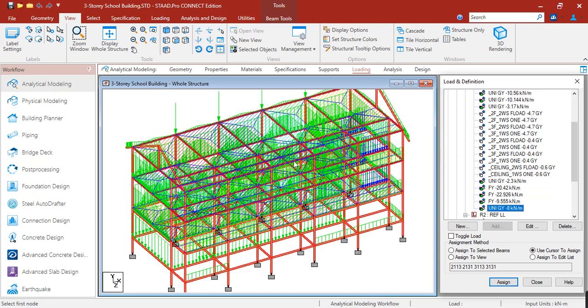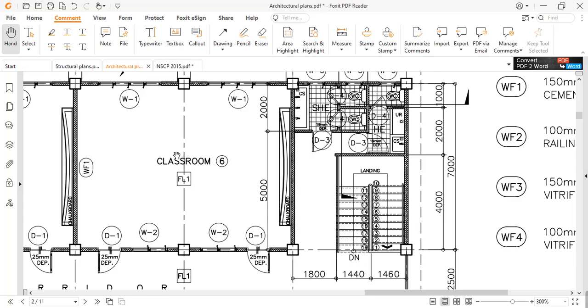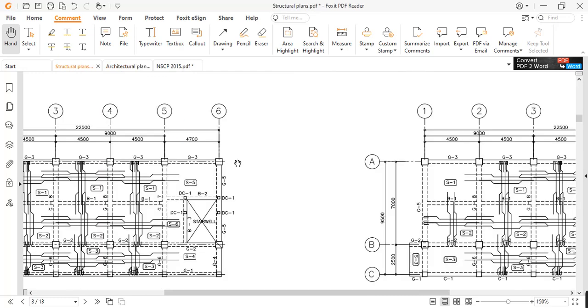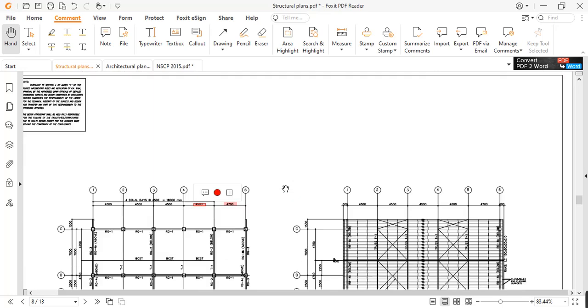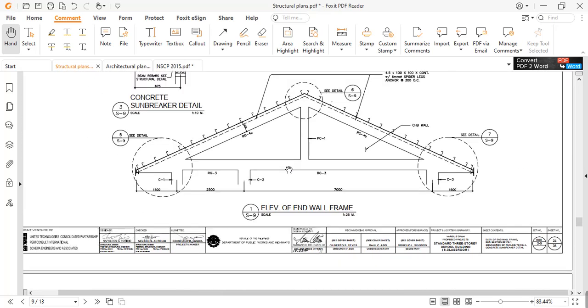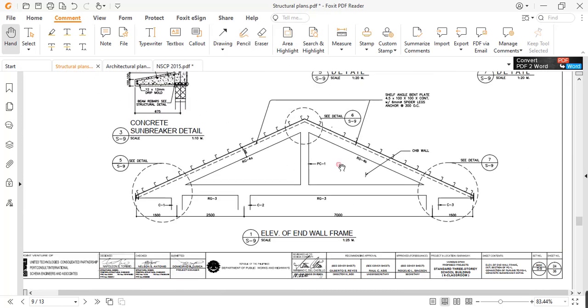Okay, so as we can see in the plans, for the structural plan, we also have a CHB here at this area. Okay, so on this triangle, we can draw.